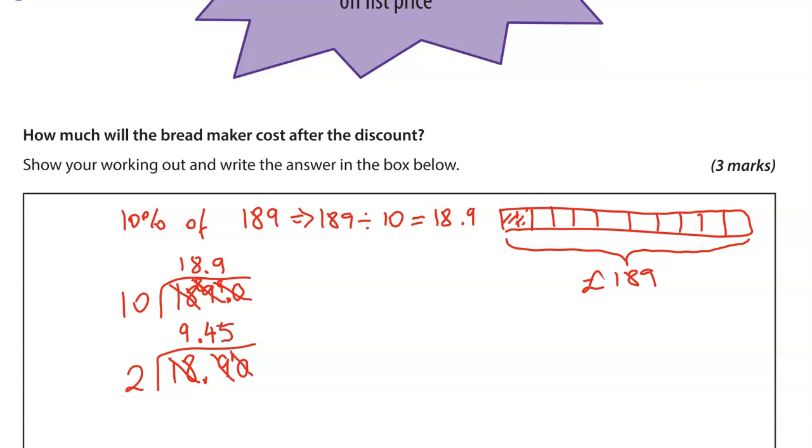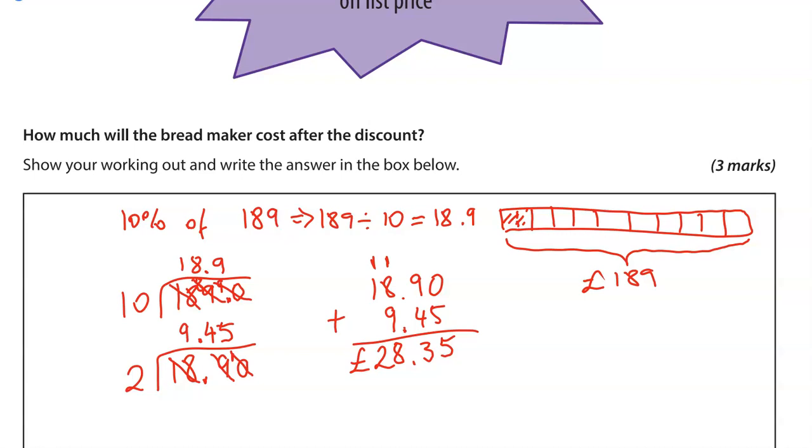So 9.45. So 18.9, or £18.90, as we're talking about money. If we add the £9.45 to that, it gives us the total discount. So 0 and 5 is 5, 9 and 4 is 13, so 3 down and 1 is carried over. 9 and 1 is 10, and the 8 is 18, so 8 down and 1 carried over. 1 and 1 is 2,